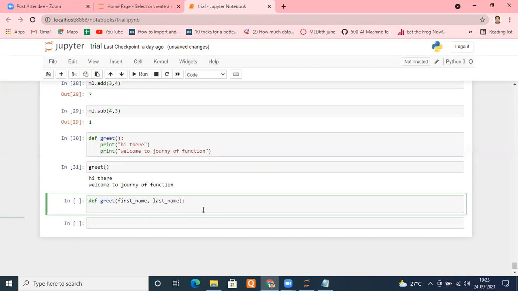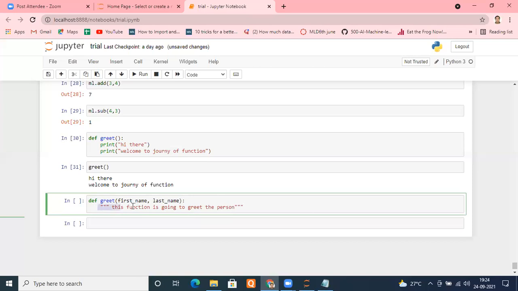How do we do that? Normally we use triple quotes like this, because your explanation may go to different lines, more than one line. So better is to type in the 3 quotes and put: this function is going to greet the person. That's it. It has no use in the output, it will just show in the program.